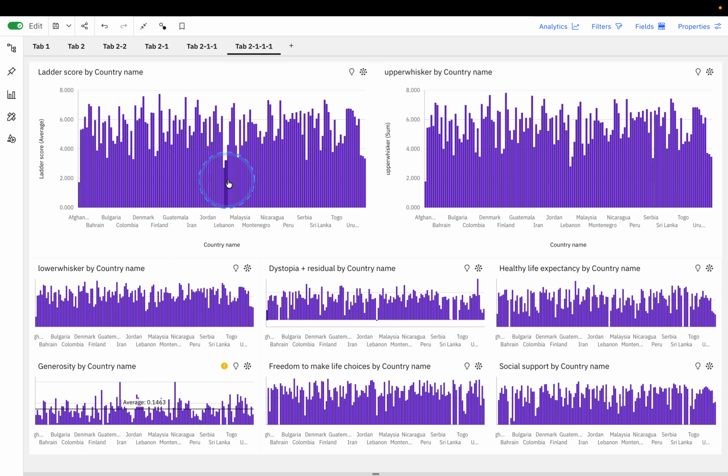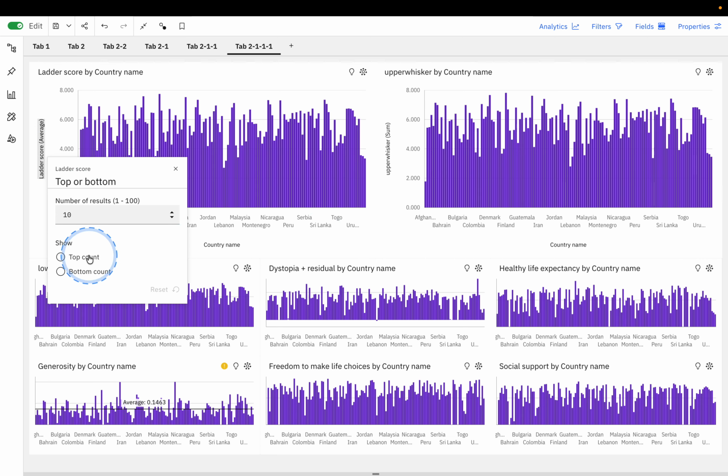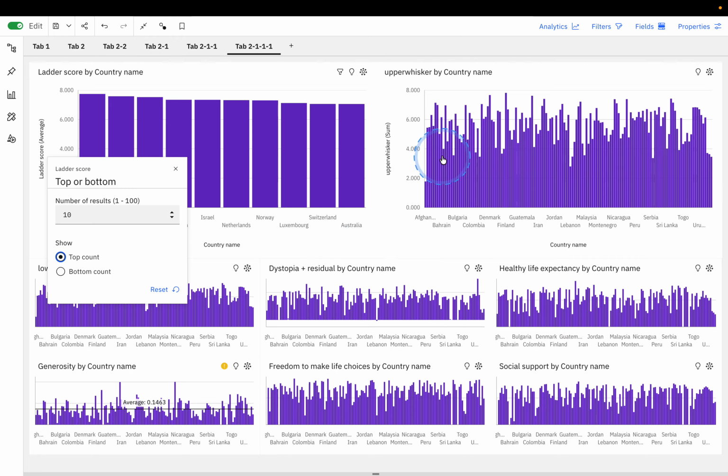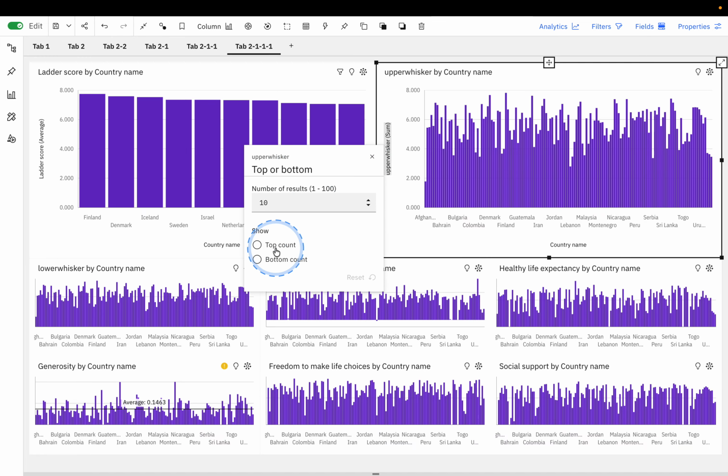one more time, and then for everything except residual, we will take top 10. Let's come here to top bottom, top 10 to have an idea of the countries. Top bottom, top 10.